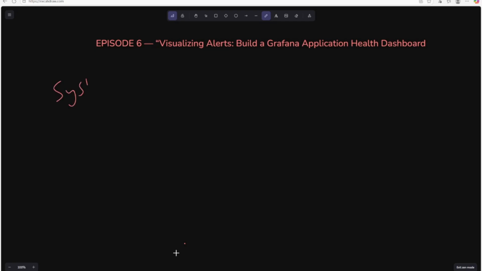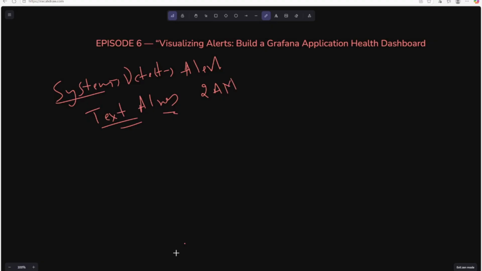Our system can detect problems and alert us instantly. But reading text alerts isn't fun when you are on a call at 2 a.m. Today, we'll build a live Grafana dashboard,